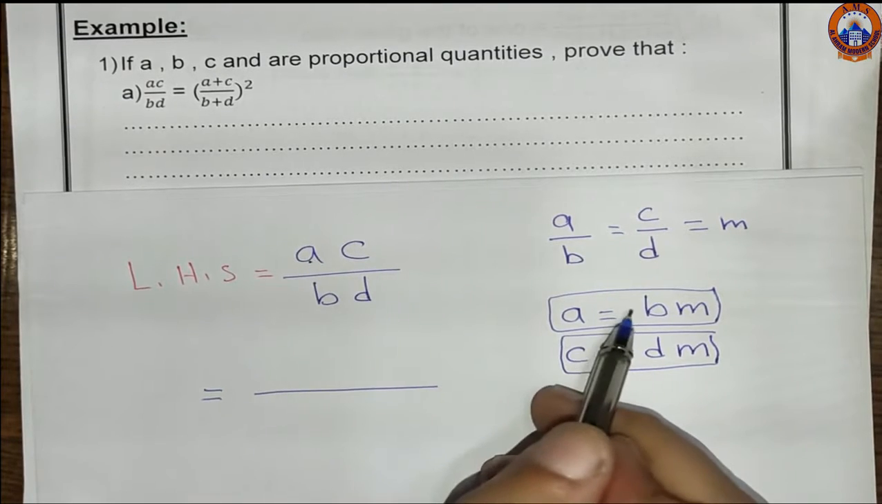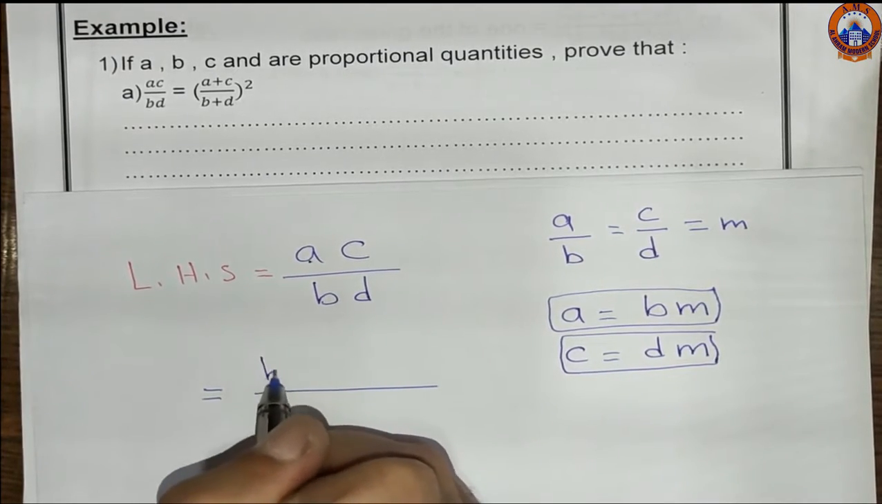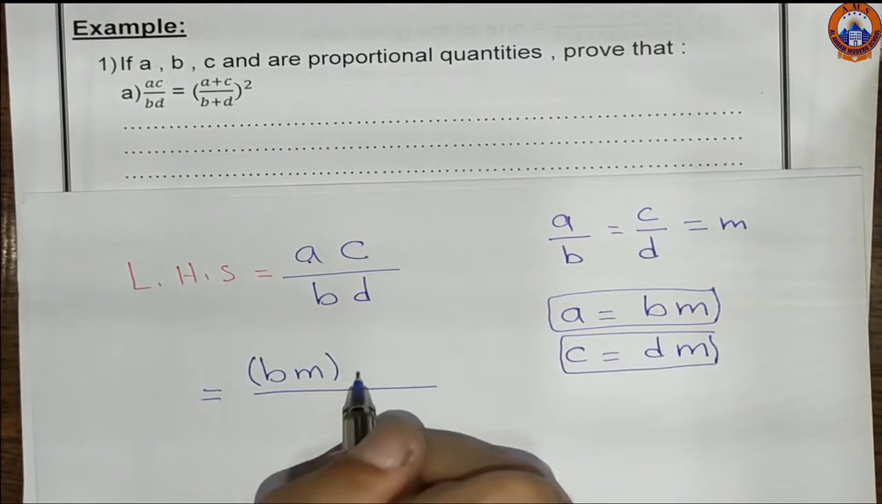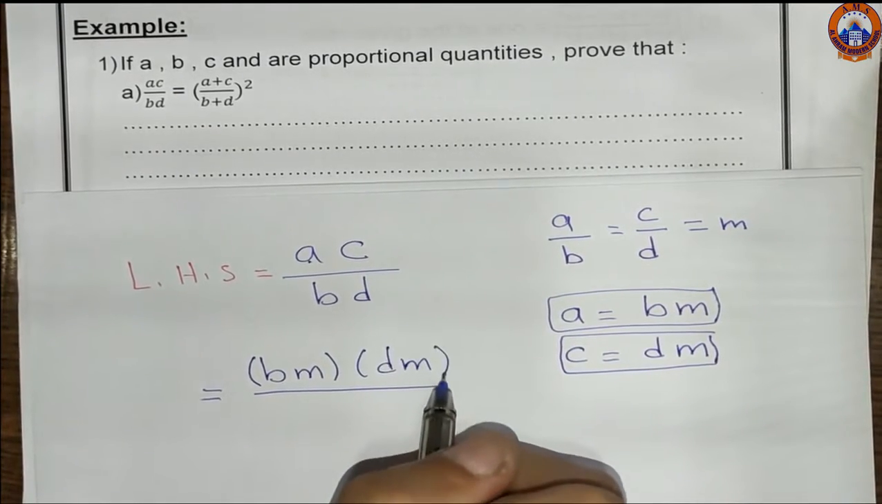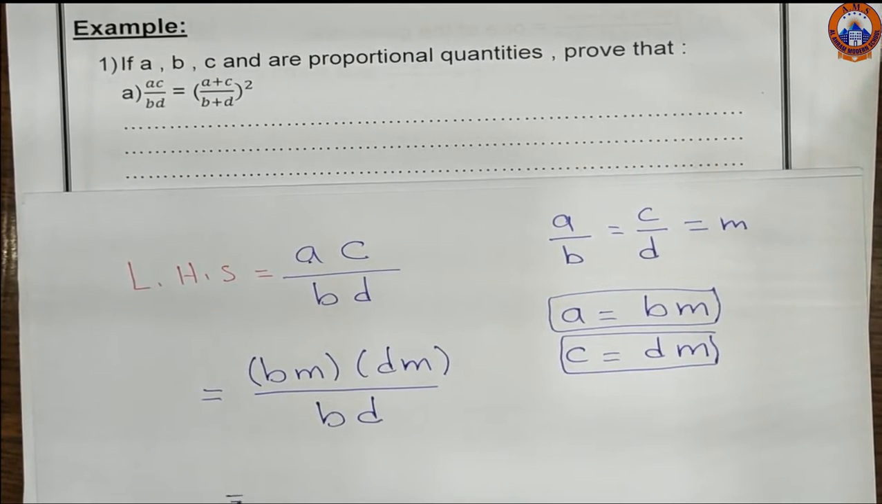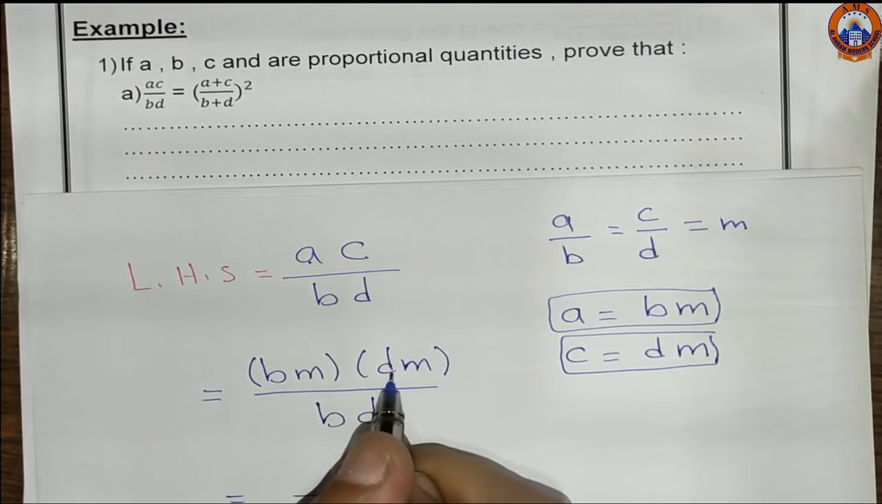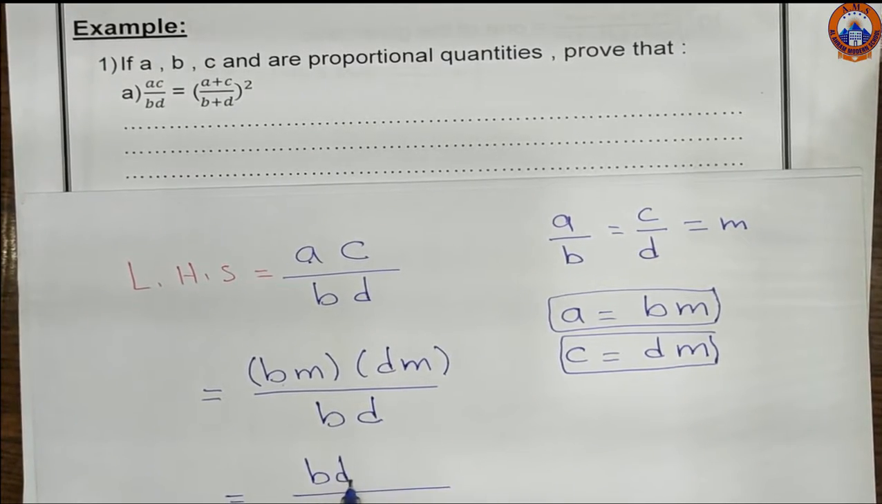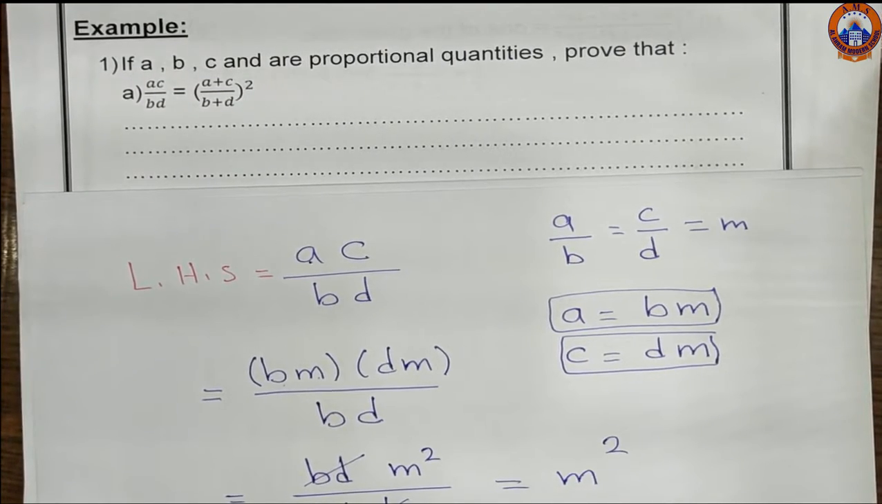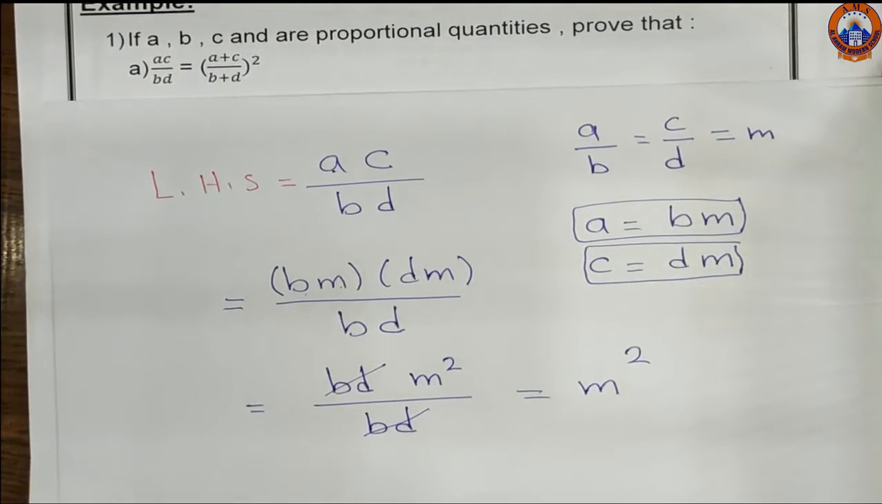This is going to be equal to: we remove A and put BM, and remove C and put DM, over BD. Now B times D is BD, and M times M is M power 2, over BD. We can cancel BD with BD, so the left hand side is M power 2. Let's take the right hand side,